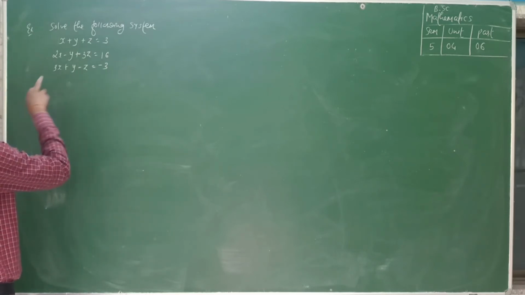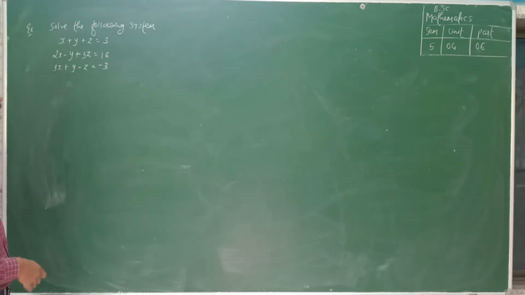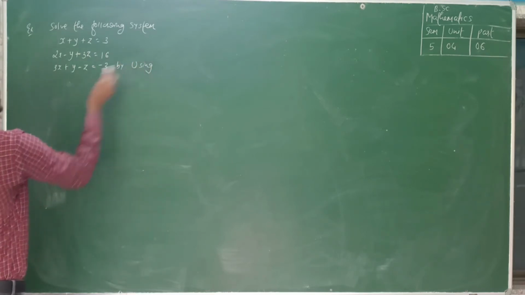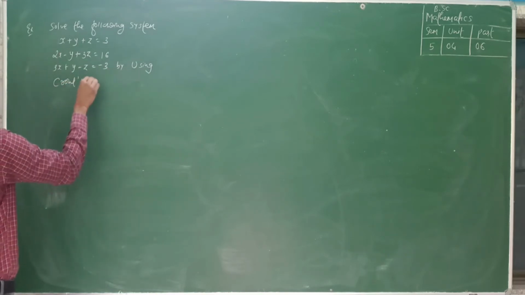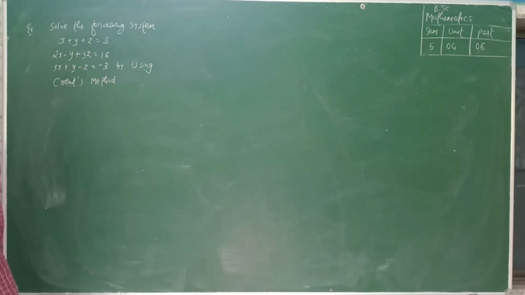Whenever asked this type of question in university exam, you can solve this equation by using any type of method. You can use Gauss elimination, Gauss-Jordan, method of factorization, you can also use Krauss method. But whenever it is specified to use the Krauss method, you only solve this equation by using the Krauss method. So we already know how to solve this equation by Krauss method.